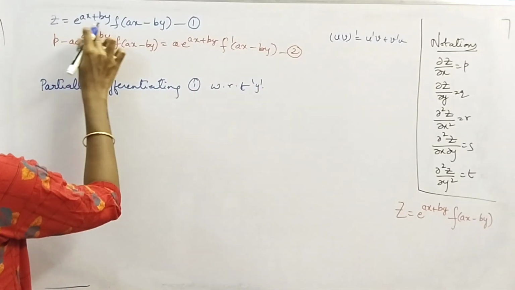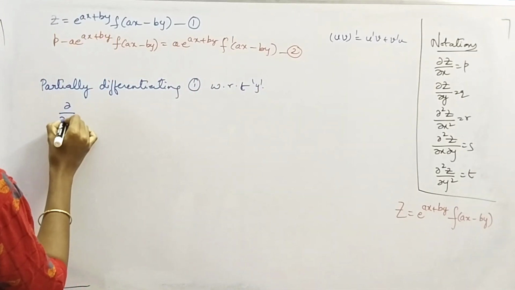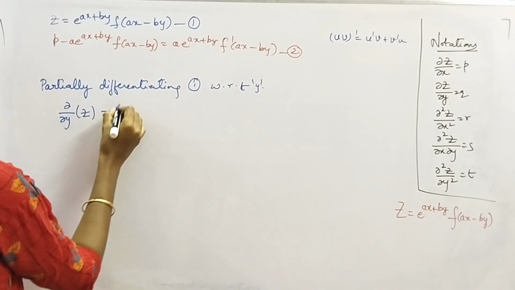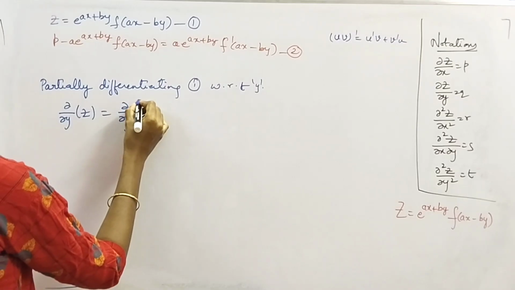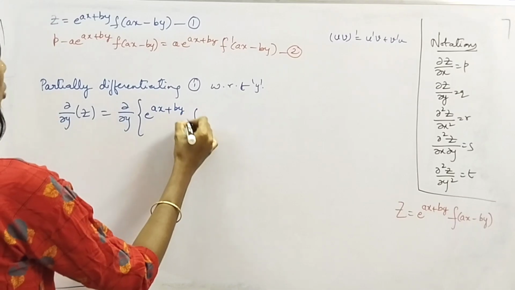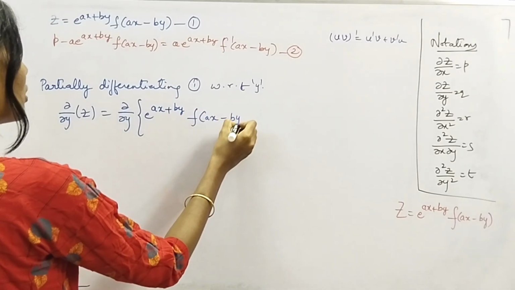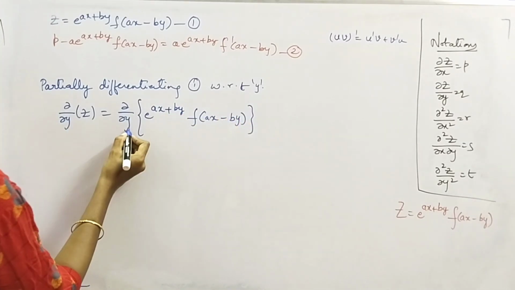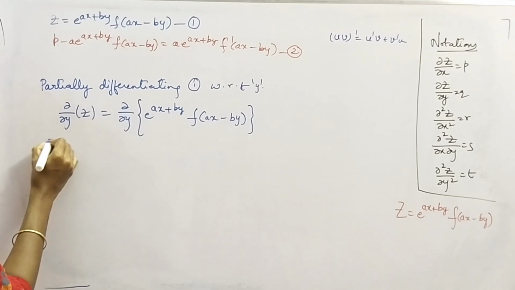Just apply dou by dou y on both sides of 1. We'll get dou by dou y of z equal to dou by dou y of e power ax plus by into f of ax minus by. Since we are partially differentiating with respect to y, so we'll treat x as constant,